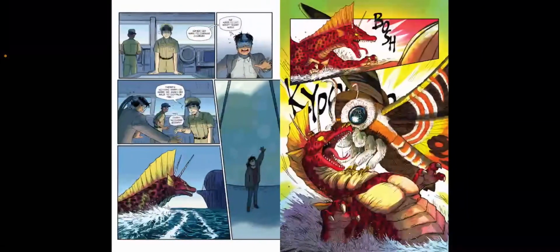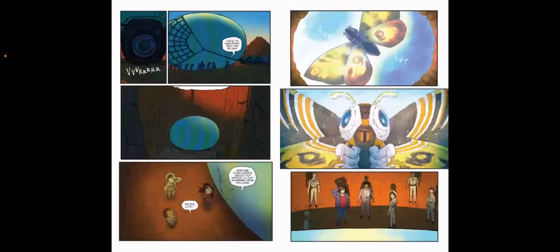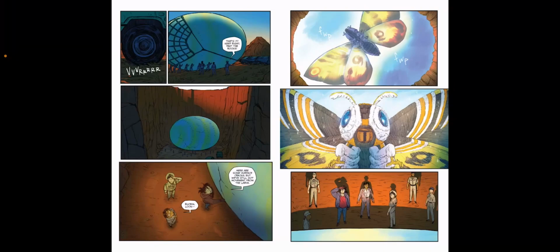And it's my only downside of this issue, because it takes a long time when you're reading the whole issue. I think it's with only a little bit left in it that you get the fight. And there really isn't much offense. Titanosaurus gets jumped by Mothra, does one tail whip, Mothra blasts him with her eye beams, or antenna beams, whatever you want to call it, which was showcased in the Heisei era. And then they have a stare down, and Titanosaurus just wanders away as they bring Mothra's egg back to shore. For a comic book titled Mothra versus Titanosaurus, I wish there was a little bit more